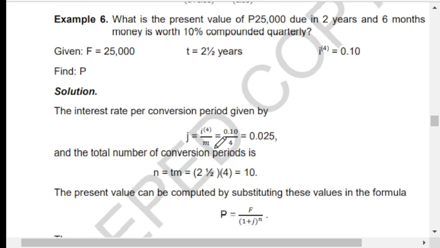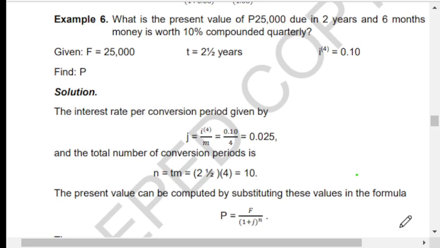Okay, to find the J, we have the 10% or 0.10 divided by 4, the number of conversion periods, then that would be equal to 0.025. And to find N, so we have T times M, your time is 2.5 times M, the number of conversion periods, so therefore we have